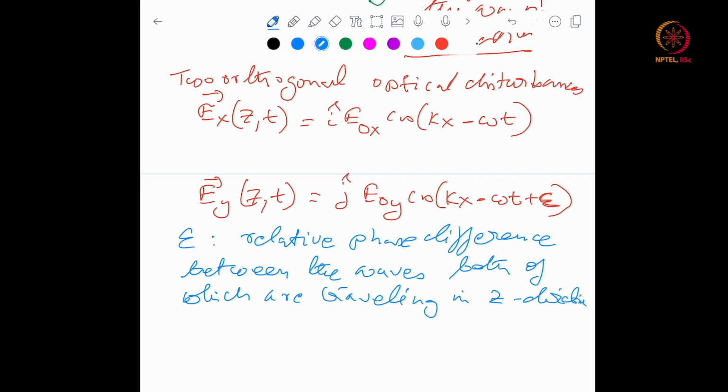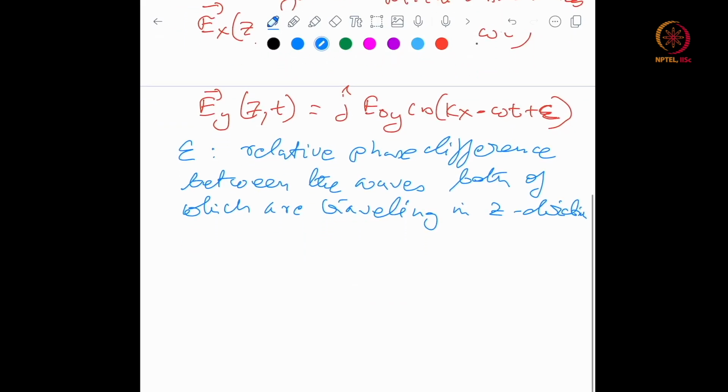All right, so that is what you have. These are two waves at different phases, with a relative phase between the two, and these are across different axes. So the resultant optical disturbance is